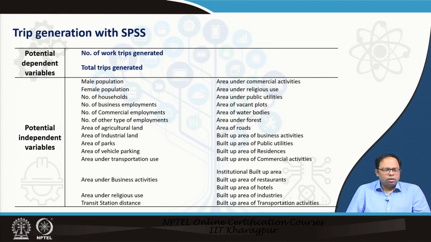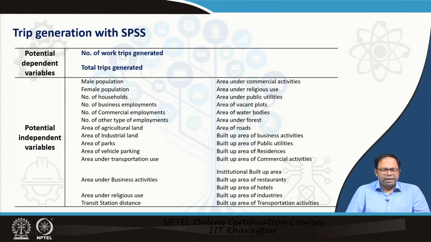So, in the first model, we are in the trip generation model. Here what we are trying to predict is the total number of walk trips generated, or total trips generated from a particular zone. So, these are the potential dependent variables that we are considering, and the potential independent variables you can see: male population, female population, number of households, number of business employments, commercial employments and other types of employments,